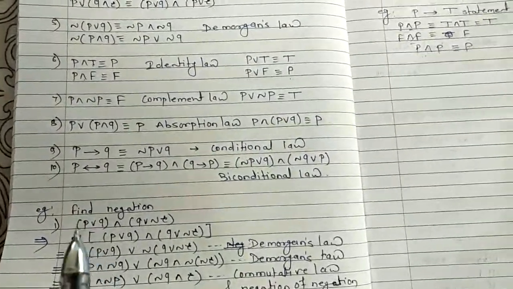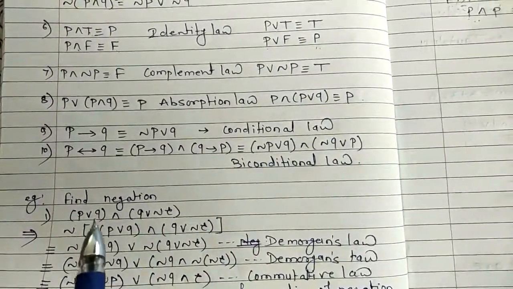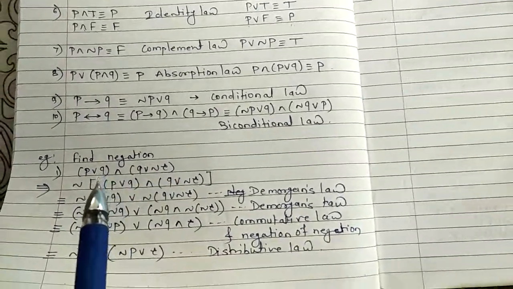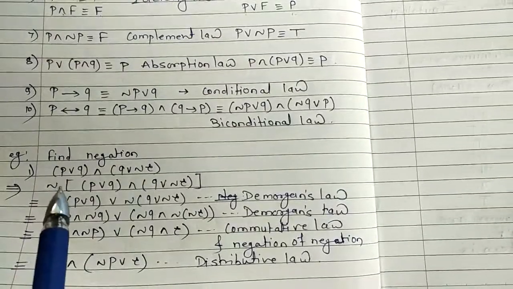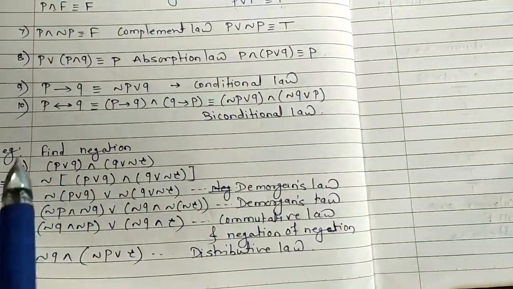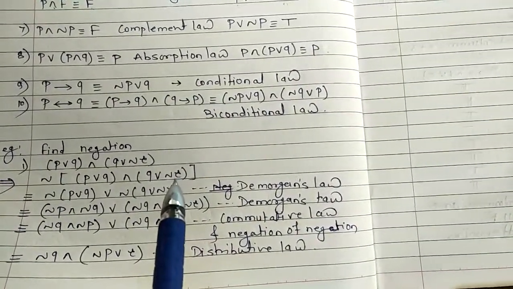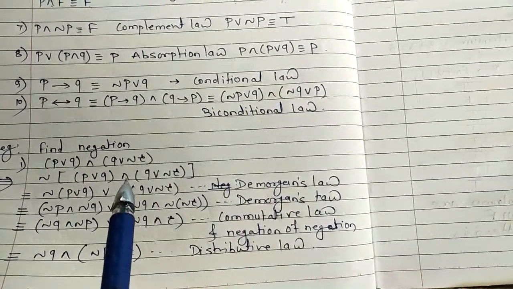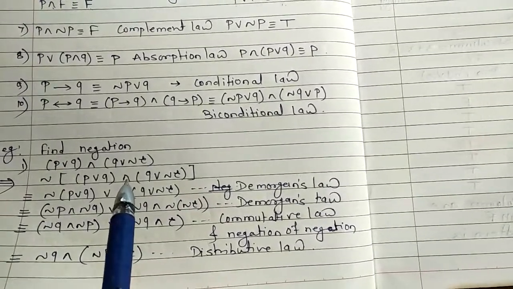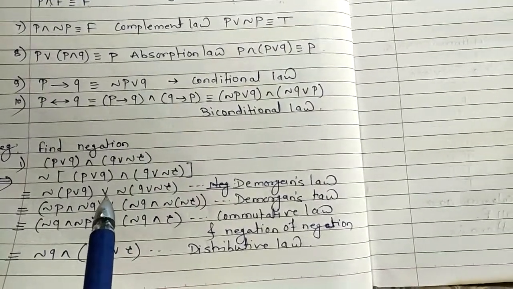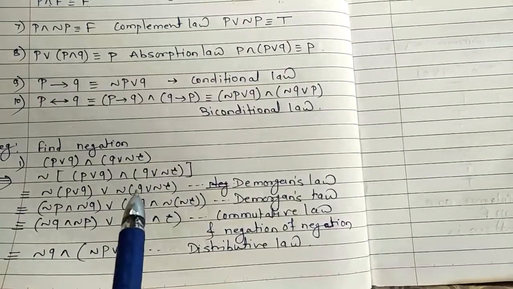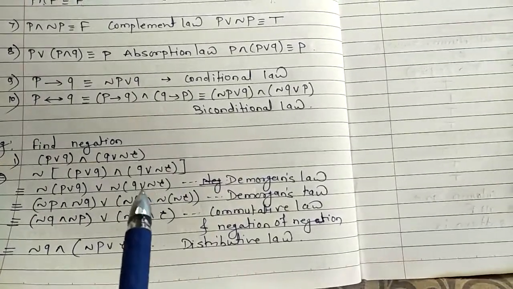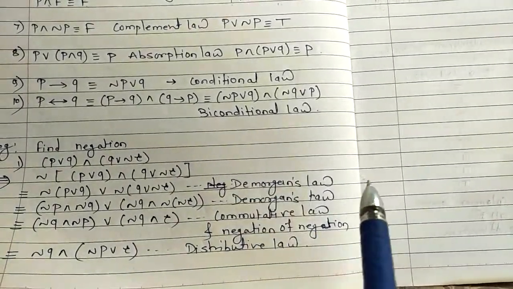We have to consider some examples. Find the negation. That means we have to apply the negation to this whole compound statement. So we can apply the negation to this whole bracket. In the bracket there are two open brackets. We apply the negation first to the conjunction, and we know that the negation of a conjunction is a disjunction, applying the negation on both statements. So we get the negation of the first bracket or the negation of the second bracket. It is De Morgan's law.